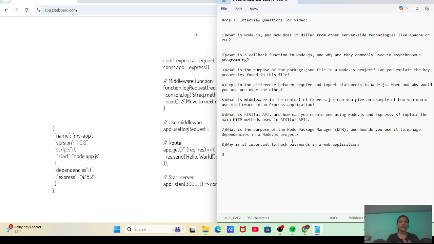Simple commands: npm init creates the package.json. Next, npm install express installs and adds Express.js. Next, npm install installs all the dependencies listed in the package.json.